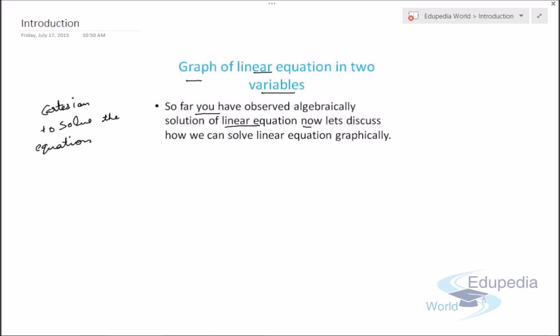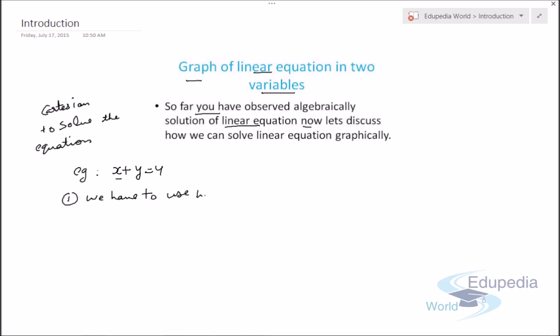Now, so again we'll take one example and then we'll discuss how we can solve that linear equation through graphical method. Suppose we are given with an example that we have an equation x plus y equals to 4. So we'll discuss step by step how we can solve through graphical method of linear equation. Now suppose we are given the equation x plus y equals to 4. The first step is we have to